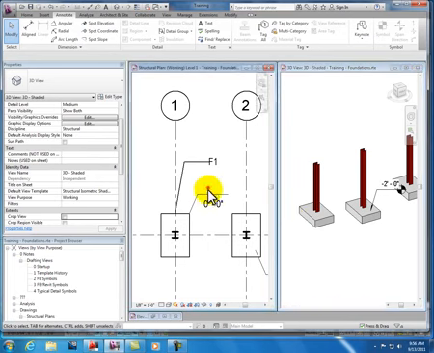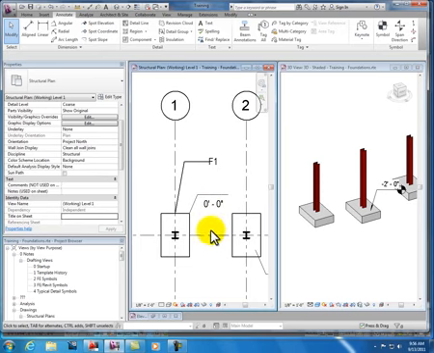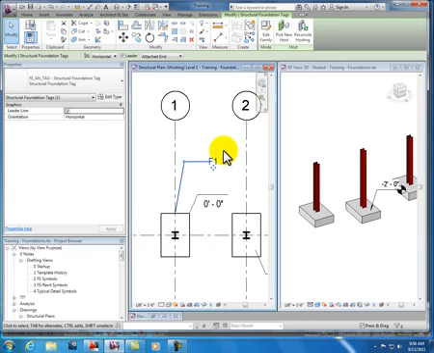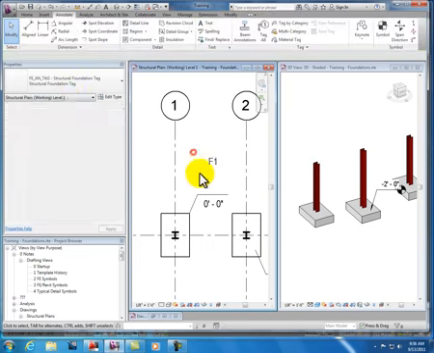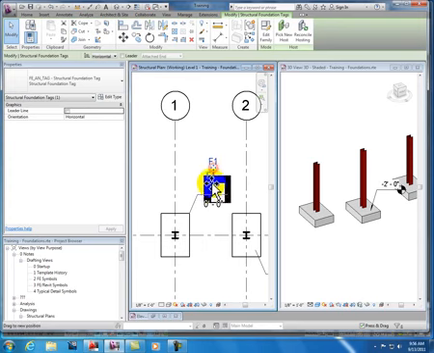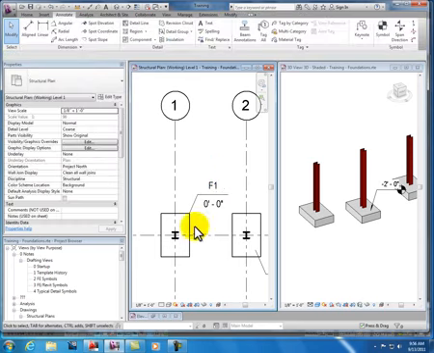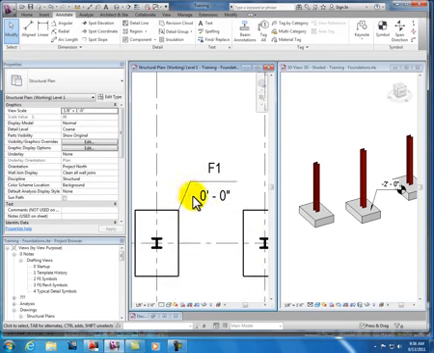So yeah, we want to use these two tags in combination for our plans. So what we do is we take the new F1 tag and we tell it to turn the leader off. Then we can just take it and use these little move things and put it right there. So now we have a tag. The only other thing is we want the open and close